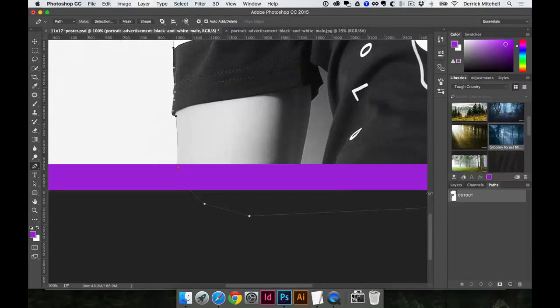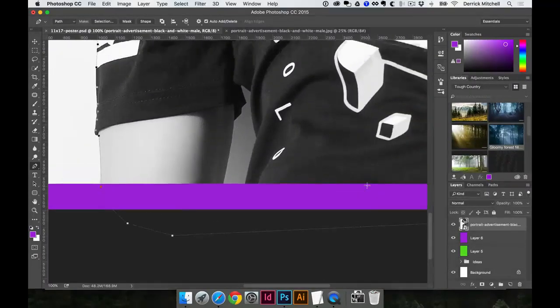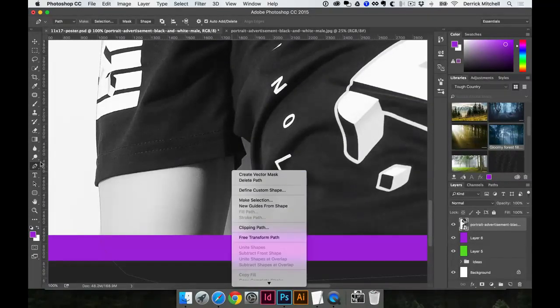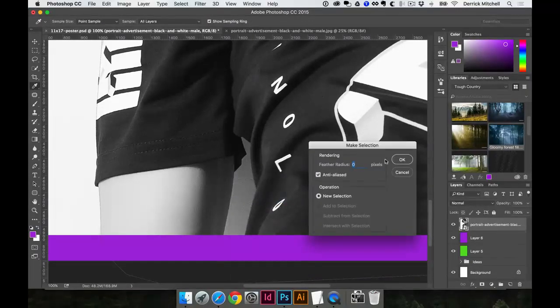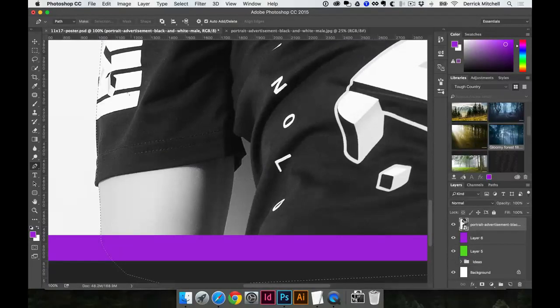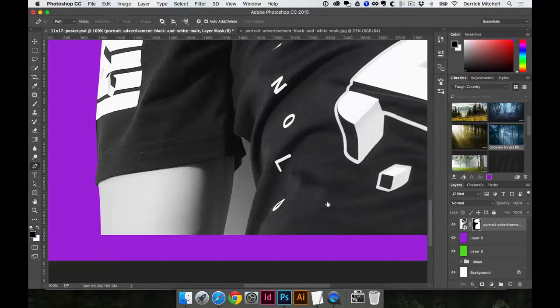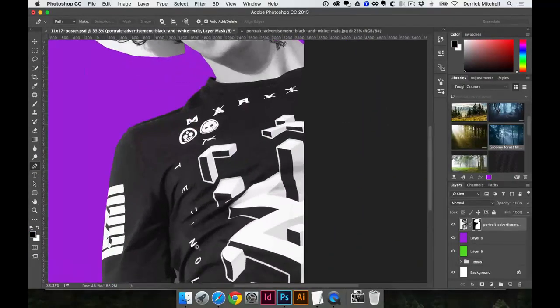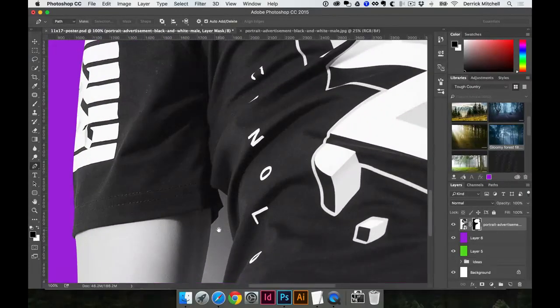Okay, now what we're going to do is I'm going to hit Command Return or Control Return to turn this into a selection. You could also grab that path again, right click, and make sure you've got your pen tool selected and say Make New Selection. We'll click on that and it'll make a selection. So again, we're just getting those marching ants. Okay, now I'm going to click on my little mask tool, and I've got this nearly perfect selection if I zoom out. Okay, so the other thing I would do to polish this up a little bit,